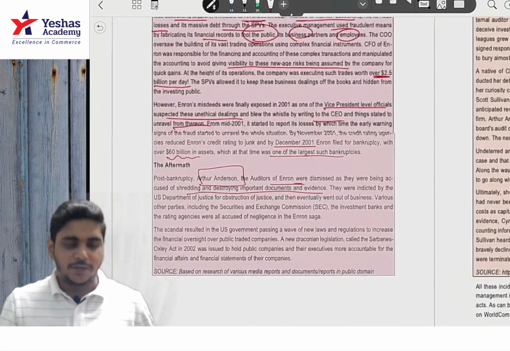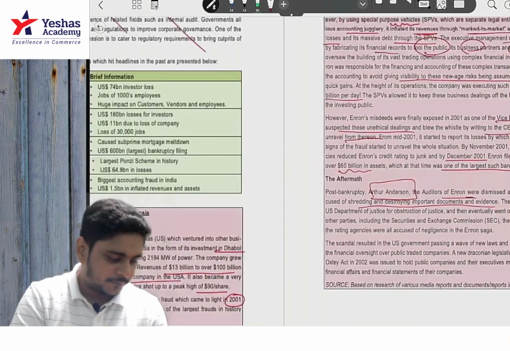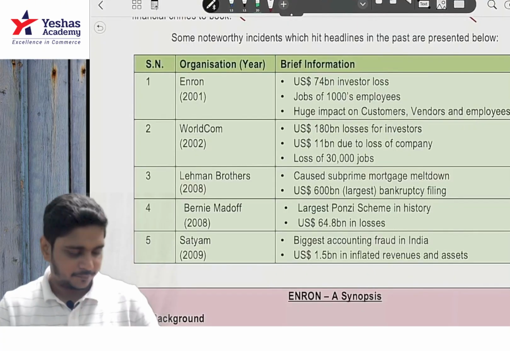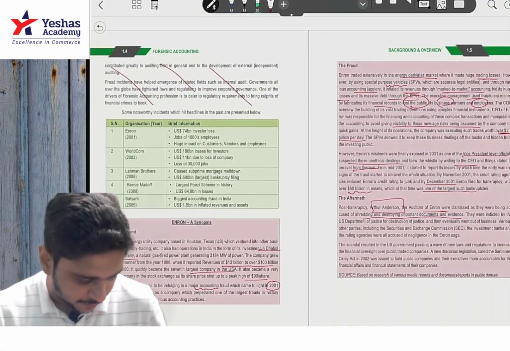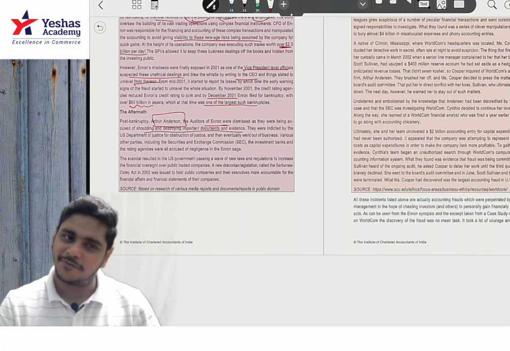Okay. So we need to remember all this because they may test us in MCQ. So towards the end we'll be writing the notes: Enron fraud of $74 billion and Arthur Andersen was banned. Okay. Then they have given, I think, the WorldCom case also. Yeah, the WorldCom case also. Here also Arthur Andersen was involved.